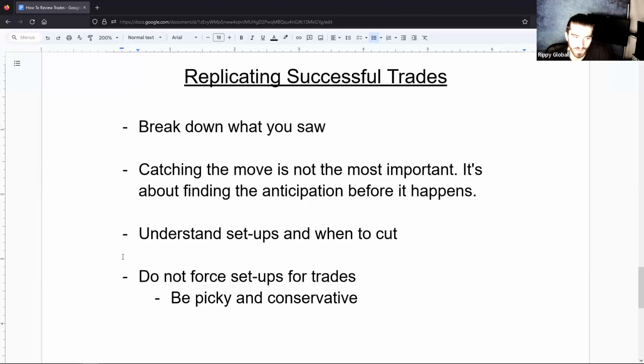I wait for that setup to form, the anticipation of it. I'm not entering off, okay, this could be it. I want to wait until, okay, this is my possible risk. Maybe it's $50 a contract. And then from the winning side perspective, I'm looking at the chart. I'm not predicting I'm going to make X amount of percent, because if it does go up very slow in my favor, I may only get 10, 20% out of it. But if it happens right away when I enter, I could be at 30, 40% right away.